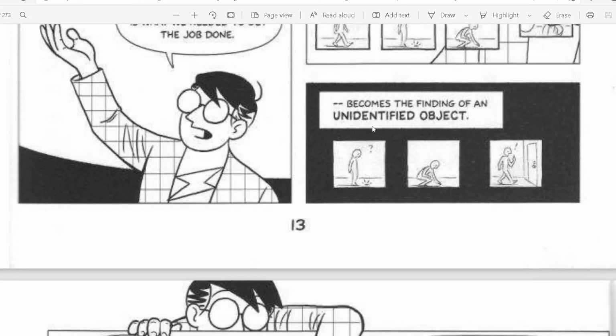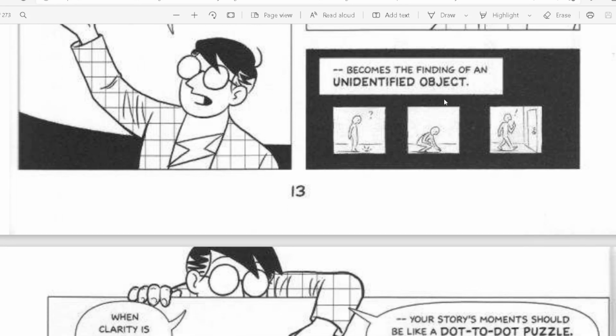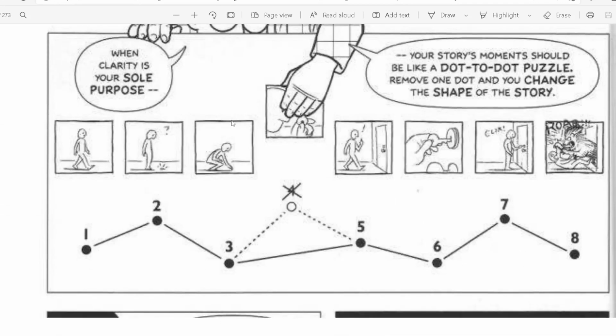Unidentified, sorry, my English. Sorry, my English is not great, but at this time I got stuck on this word, unidentified. Okay, unidentified object. Let it go.